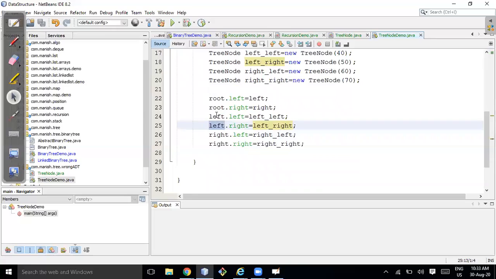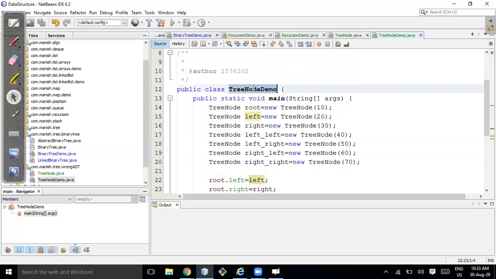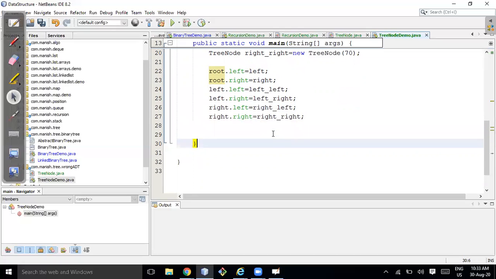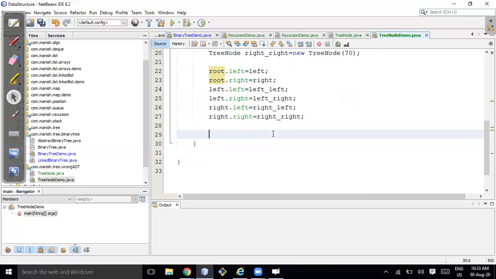Now if someone asks me to print all the elements in this tree, how can we print it? There are various ways to print. First, let's create one print method.